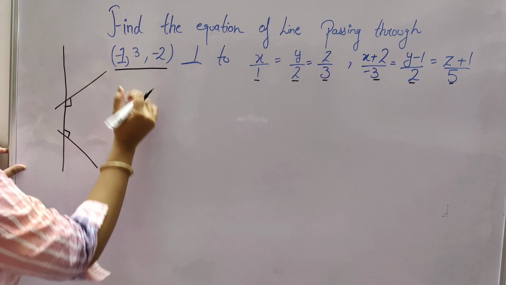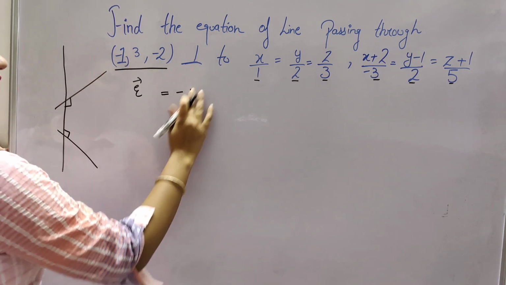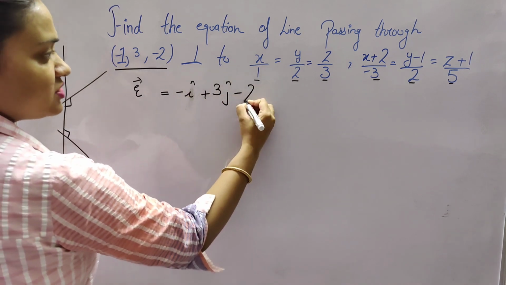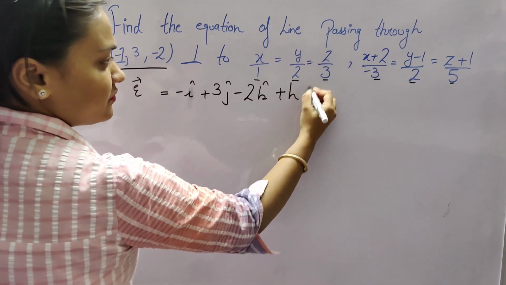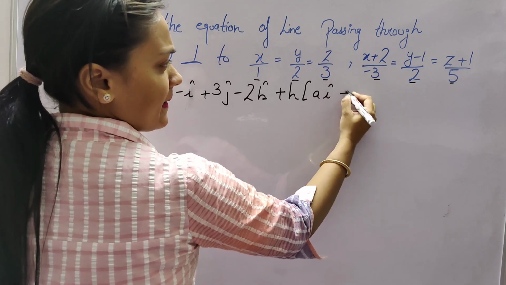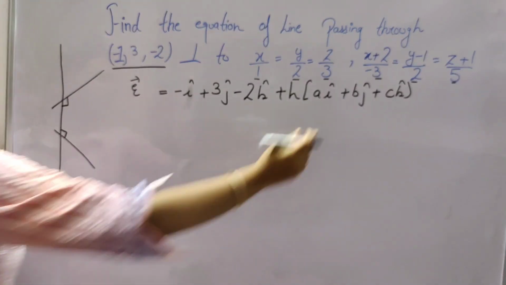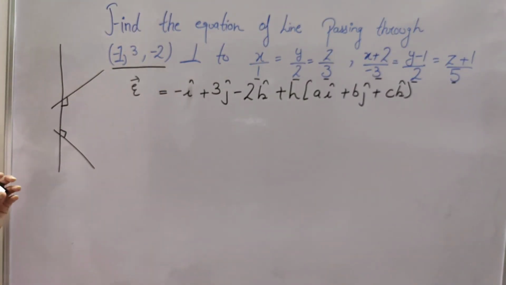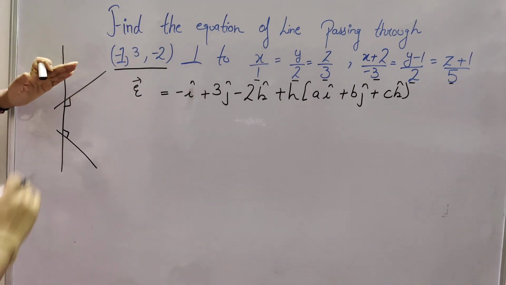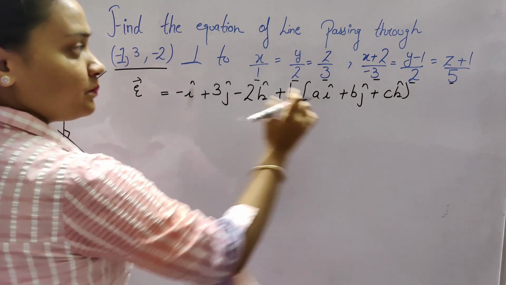Now if we write the equation of this line, it becomes r equals minus i plus 3 j minus 2 k plus alpha times a i, b j, c k. Let's suppose the direction ratios of this line are a, b, c. Now if these 2 lines are perpendicular to this line, we can say that